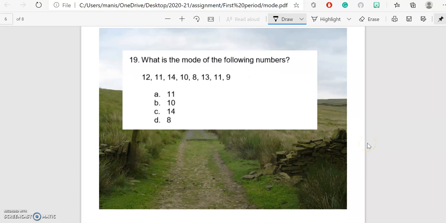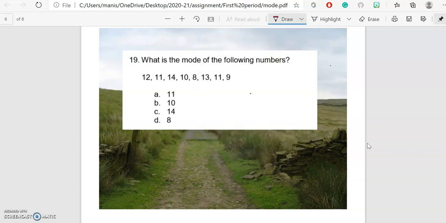What is the mode of the following numbers? 12, 11, 14, 10, 8, 3, 11, 9. And we have been given multiple choice: 11, 10, 14, and 8. So what we will do is now